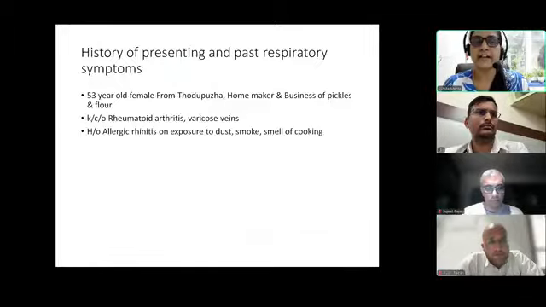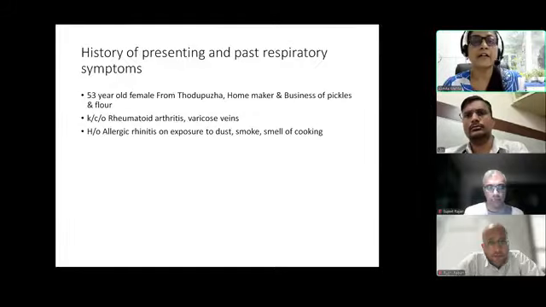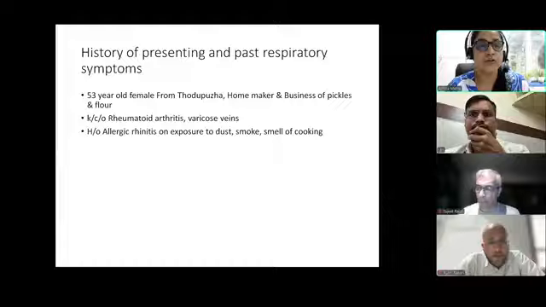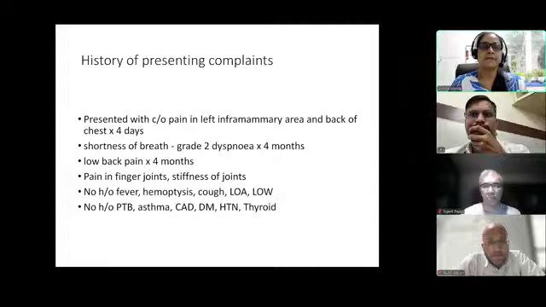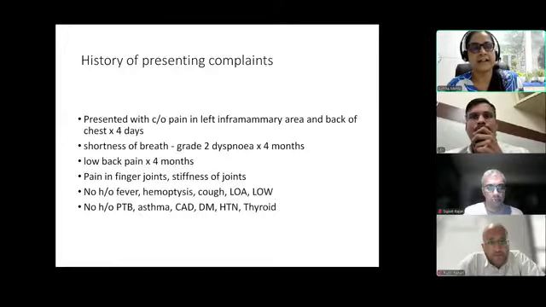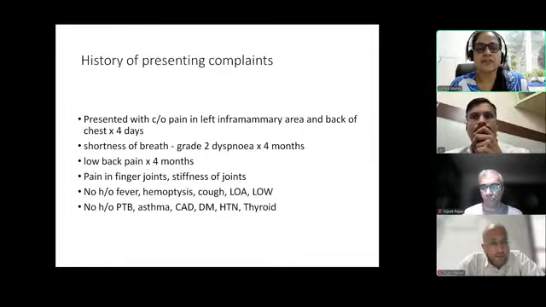She is a 53 years old lady who was referred to me from my colleague from Todula, and she is a homemaker, with a business of pickles and flour. Now she has rheumatoid arthritis, and she had all the hand features, and she has nodules and everything. But she is telling that her rheumatoid arthritis was well controlled till the last few months, and she has a history of asthma, allergic rhinitis kind of thing. Now before 4 months, she started having low grade fever, a kind of feeling in the night, presented with joint pain in the inframammary area and back of chest, as well as low back pain, finger joint stiffness, which suddenly started increasing, and